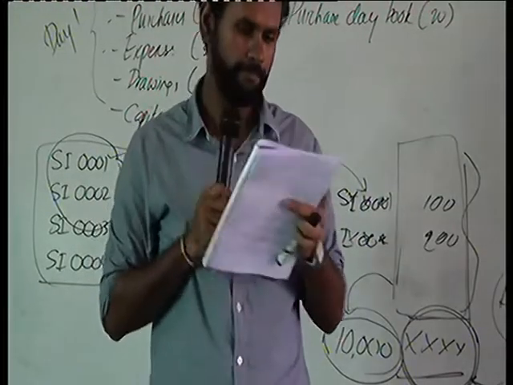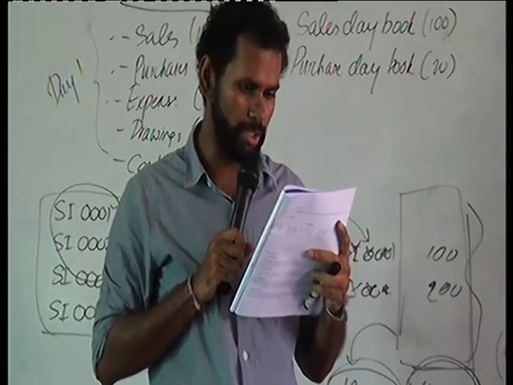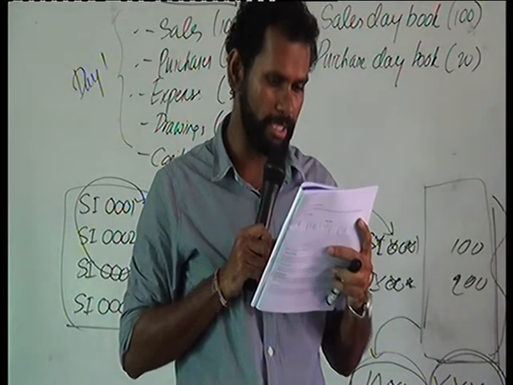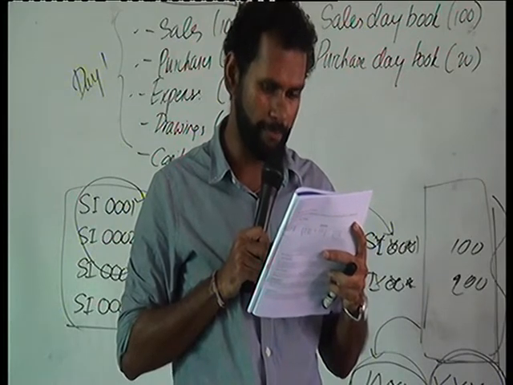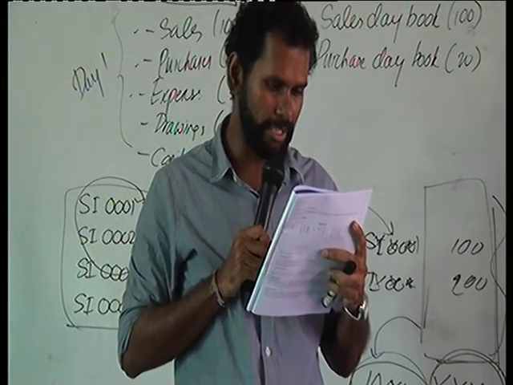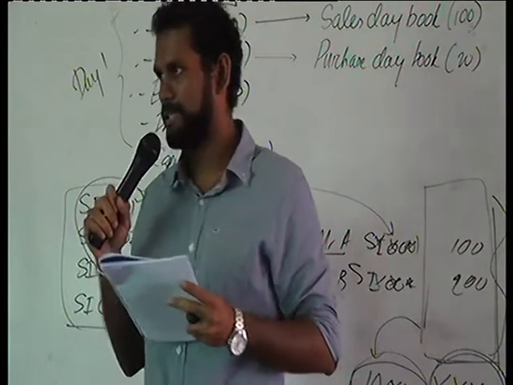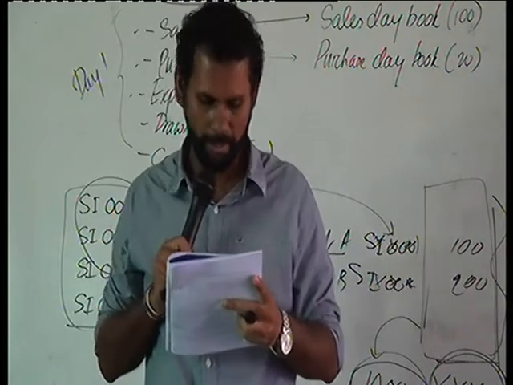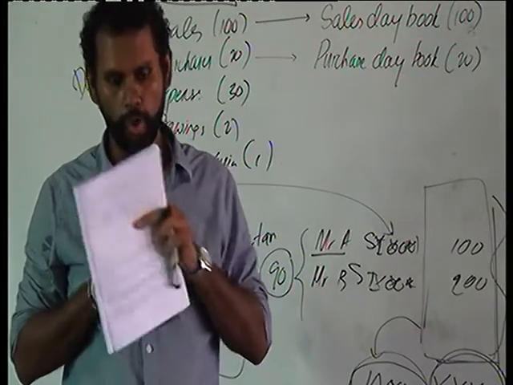Right. Now we'll see how to answer this question. Question number 5. The cash balance of Mr. A's business as at 1st January 2019 was 50,000. He has deposited 30,000 in the bank in order to open a bank current account under the name of the company. The transactions of the business in the month of January are stated below. It is the policy of the business that all checks are deposited on the following day. So that means checks are first recorded in the cash account and then deposited in the bank on the following day. Here you are required to enter the above transactions in the 2-column cash book.